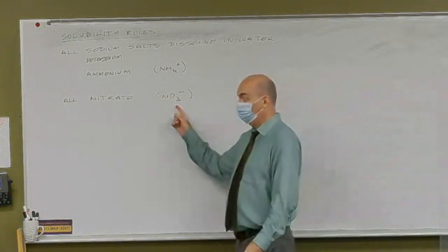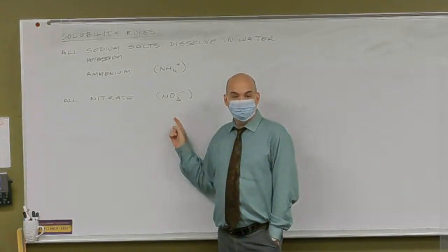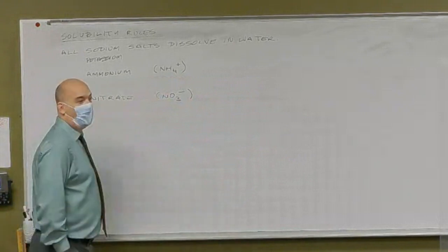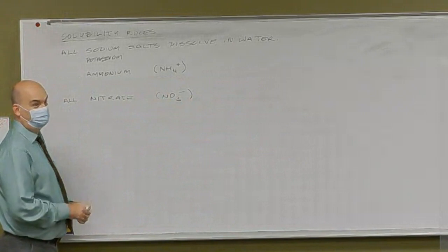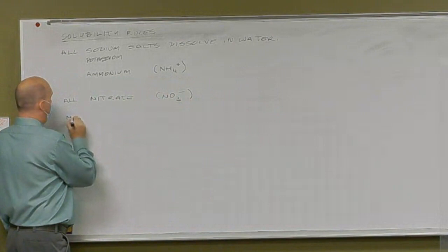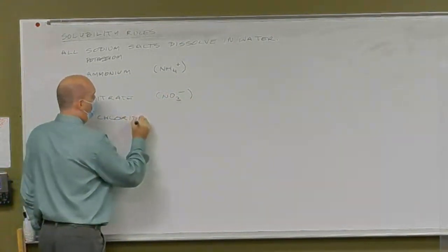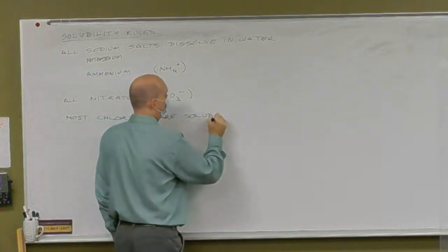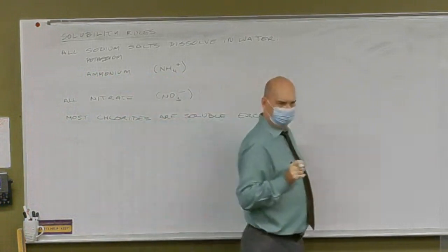So anything that is a nitrate, guaranteed to be soluble. That's where the rules end. Everything after this is kind of sort of, maybe. Most chlorides are soluble, except,